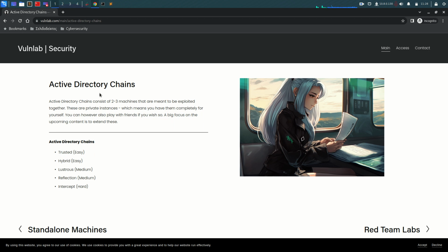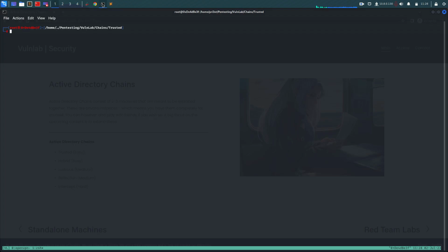Now all interactions for machines are done through the VanLab Discord server. I've already launched this chain. It consists of 2 machines. I have the IPs right here. We are going to try and hack this chain, which means that we have to reach domain administrator privileges. I've already launched my VPN. Let's go